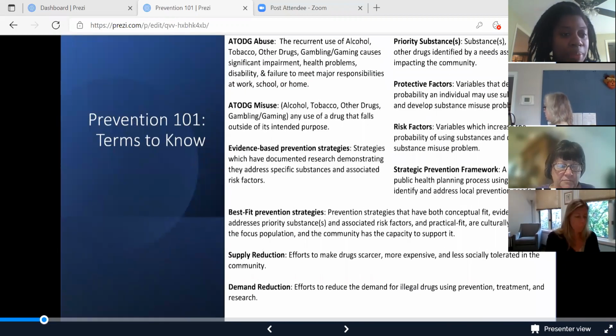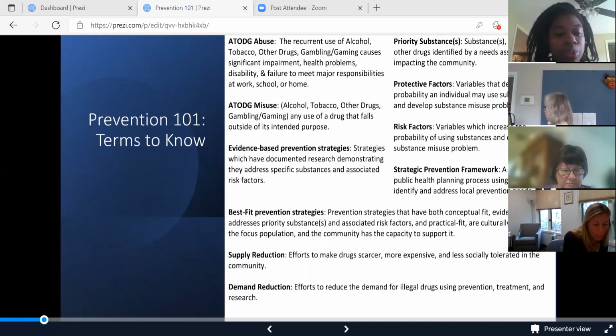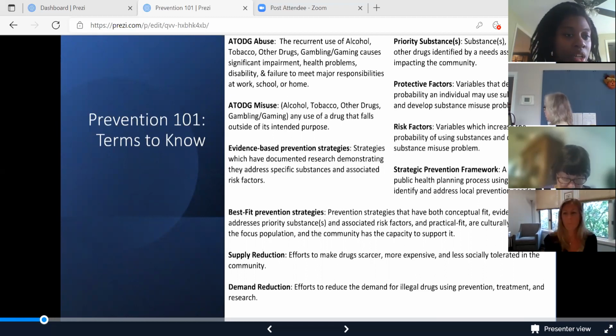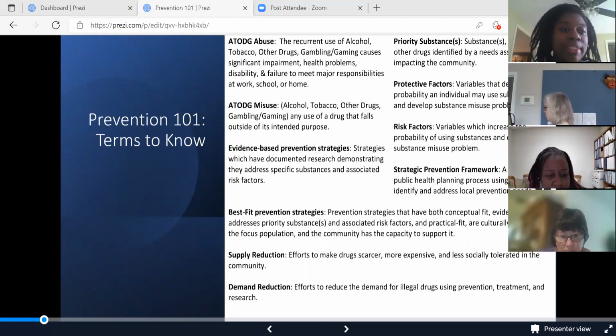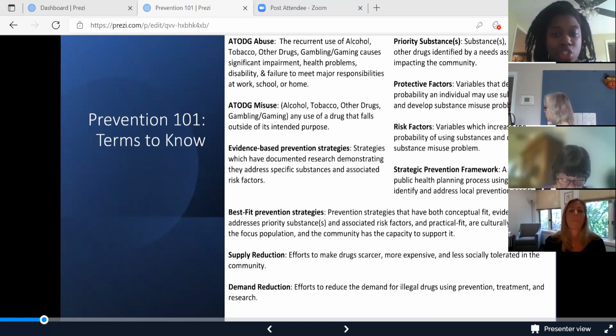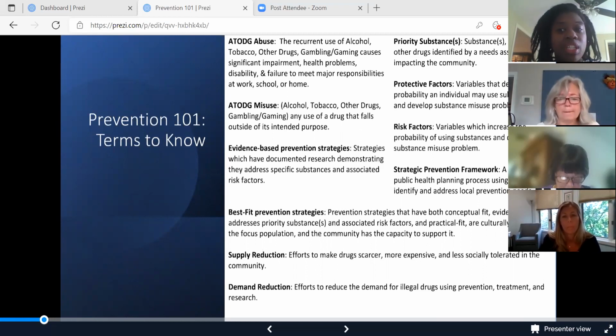So some of these terms, I'm not going to go through every single term, but I'm going to mostly hit on the terms that we use the most, that you're going to encounter the most while we're working through this presentation. Some of these terms I might read verbatim, because if you are preparing yourself for the CPS, which is the Certified Prevention Specialist exam, it is important to know these definitions to the best of your ability, as well as to the best of the definition that has been defined.